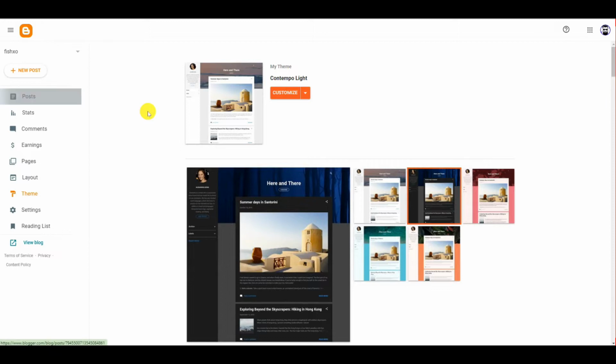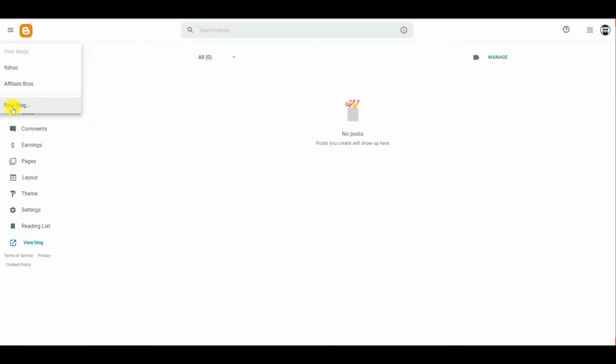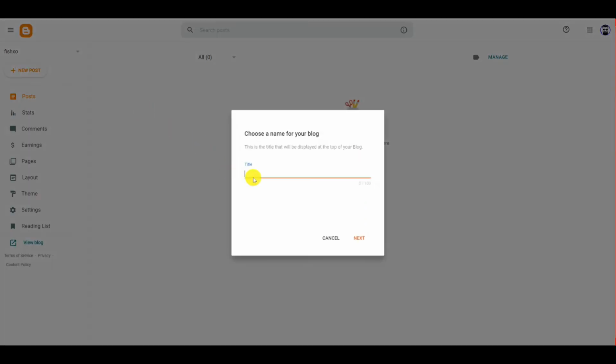As you can see here, it shows something like this. And then if you want to create a new blog, you want to click on this arrow here. Once you click on it, you want to click on New, as you can see here, and give a title to your site. Like I'm going to create a fishing video site, so I'm going to give it the title Fishing XO, and then I'm going to click on